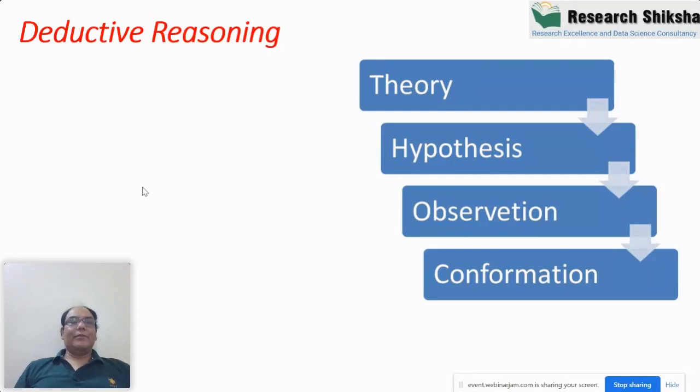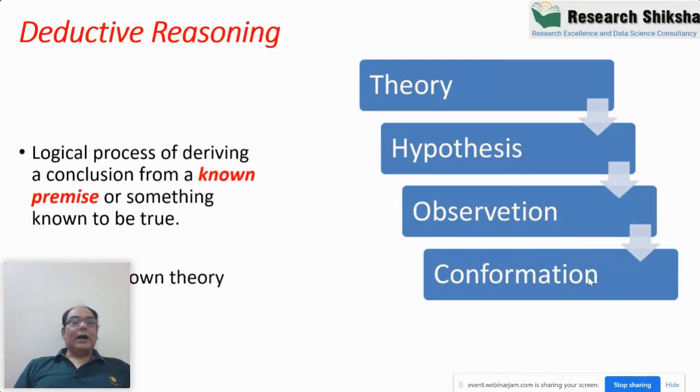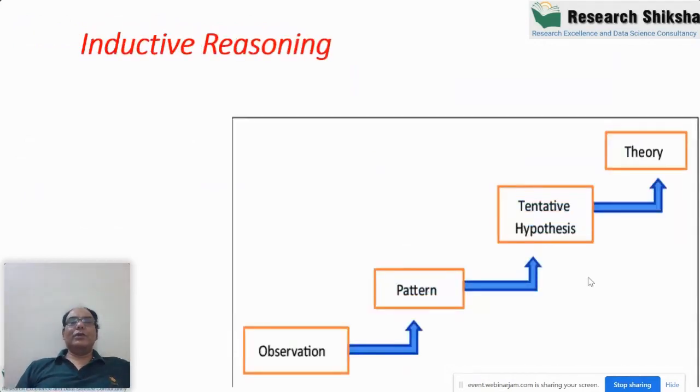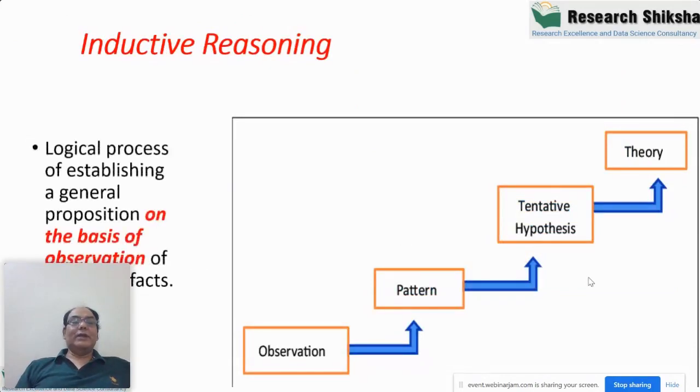the inductive approach. So in a quantitative study, first of all we identify the theory, then on the basis of the theory we design the hypothesis, and after designing the hypothesis we observe, confirm, and test the hypothesis. So the purpose is basically we identify the hypothesis and examine it to confirm that this hypothesis is in favor of the theory. So this is known as deductive reasoning, but qualitative research is not according to deductive reasoning, it is according to inductive reasoning.